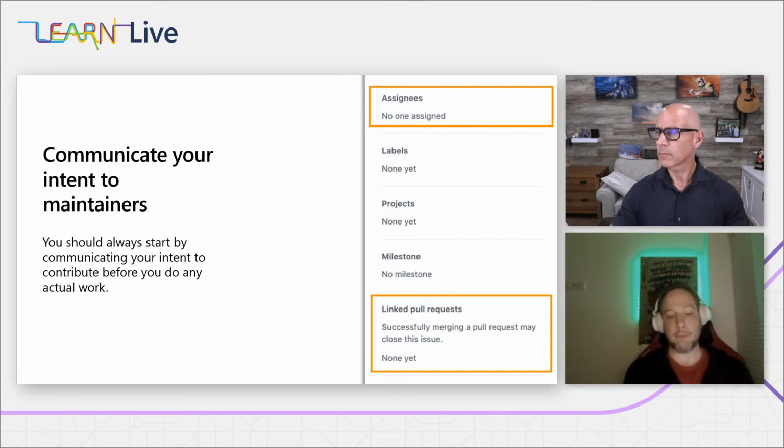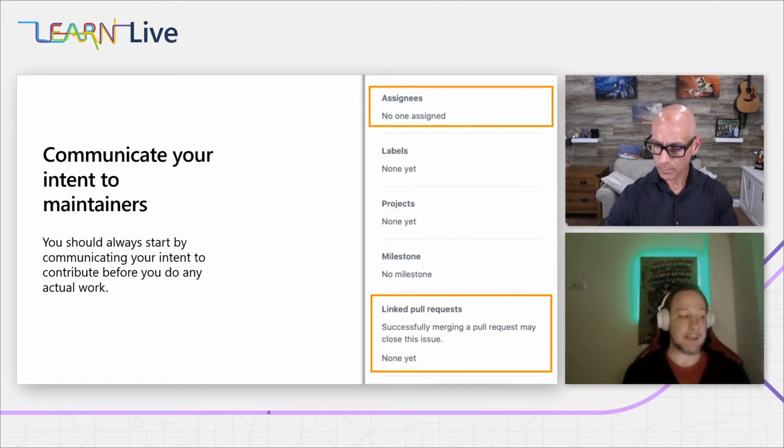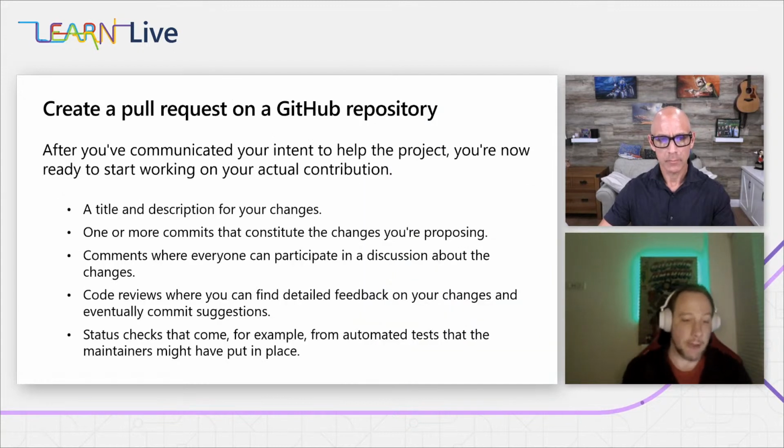And he might be looking for your contribution. But if you already see a linked pull request, it means that somebody else was already working on that. So I would say try not to become too frustrated if you cannot find a project right away. Look around, start small, start with something that could help you. And then once you've found a project, we go back to what John showed you in the previous demo.